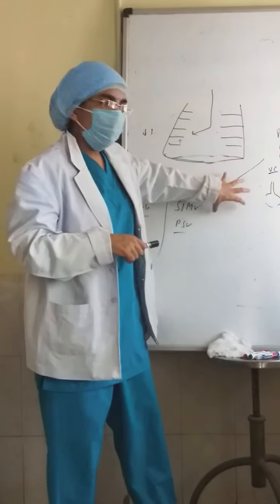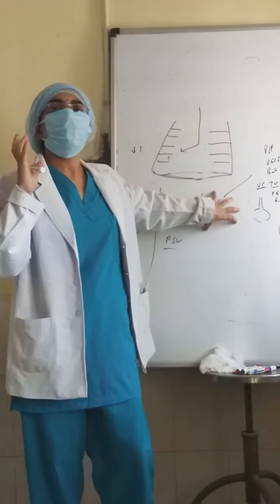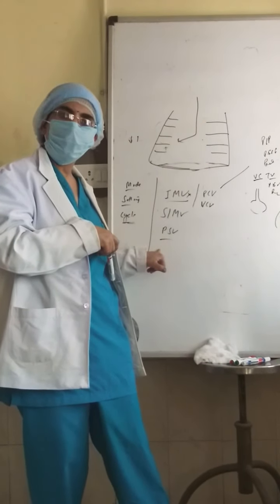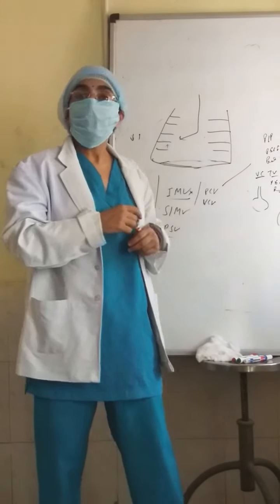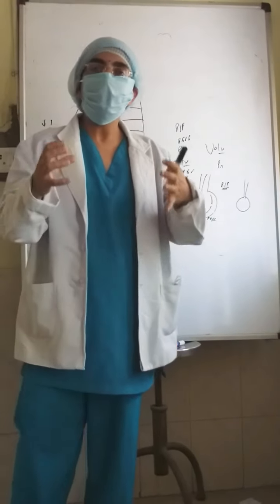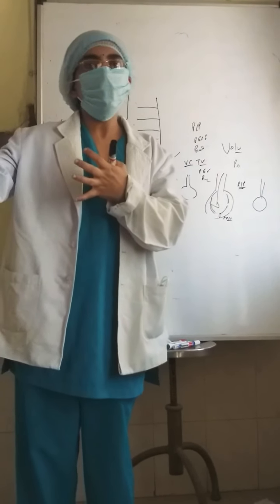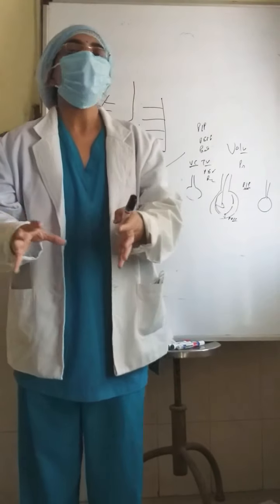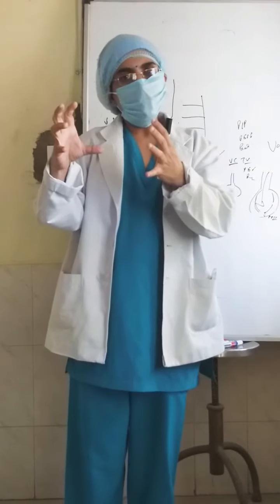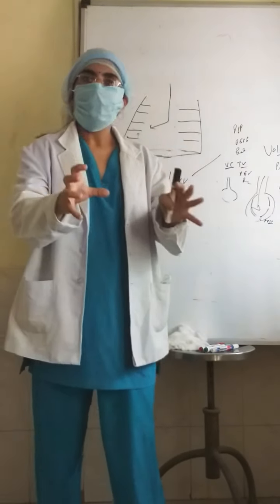When do you need to put the child on pressure control mode? When the child has come to you in an emergency and the child has got a very bad lung. If at this point I choose a synchronized mode or pressure support mode, I am going to support each and every breath, but the child will end up in fatigue, because we want the child to get some rest. We don't want energy to be wasted on those muscles which are already working more, which are already exhausted. So we want to save our ATP. Instead of wasting my ATP there, I would like to use that ATP for the recovery from the disease. That is why we want to give rest to the lung, we want to give rest to the heart.